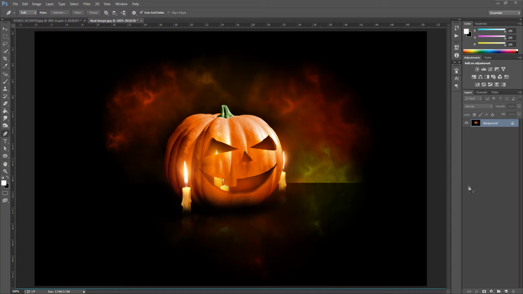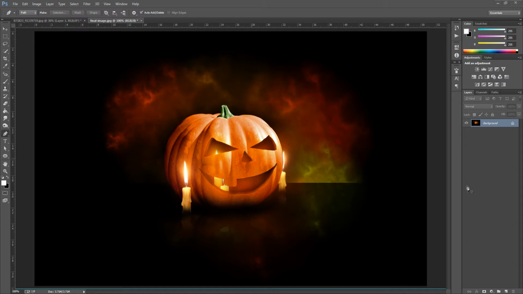Epic looking evil pumpkin. Now this tutorial is more for the advanced users of Photoshop. If you are a beginner of Photoshop, then I will suggest going for something simpler, but you can have a go and see what it comes out like for you. With the advanced users, this is the style that we're going to go for. We're going to try and recreate this image.